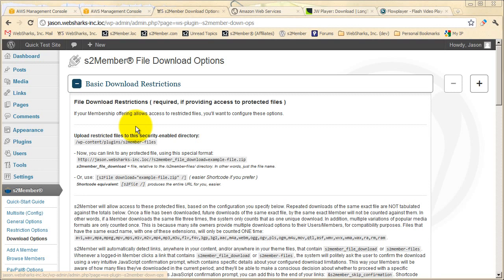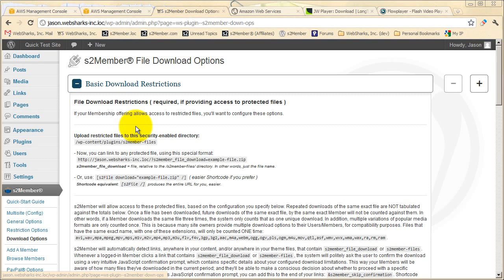But if you are planning to protect things like zip files, PDFs, perhaps you have external HTML and other media files that are not actually a part of WordPress that you'd like to protect, even if those files should be served right in a browser and not necessarily as a quote-unquote file download, file download restrictions are a great way to do that. And I'm going to show you here later in this video how you can accomplish inline file